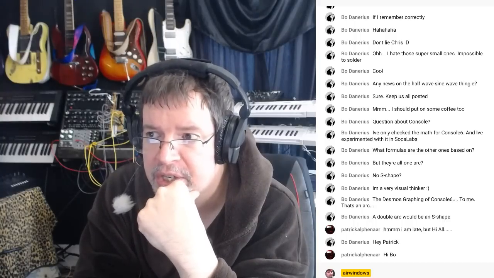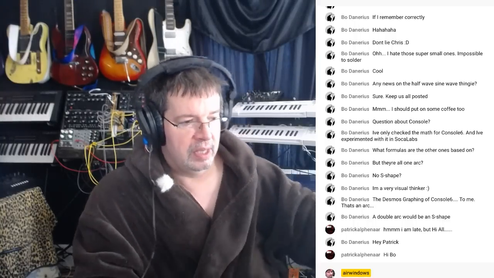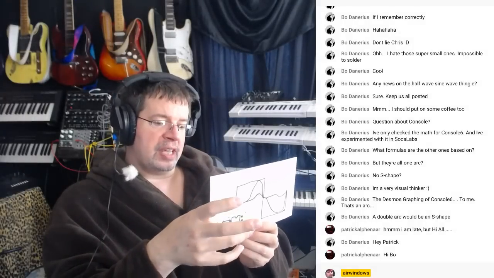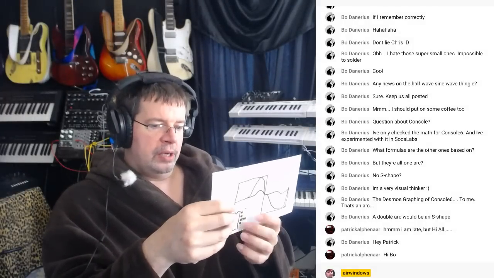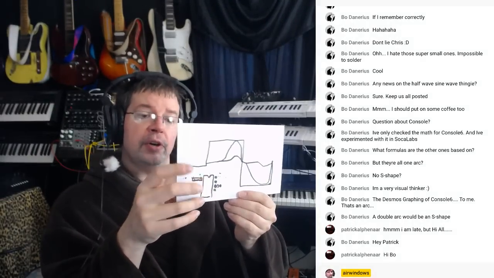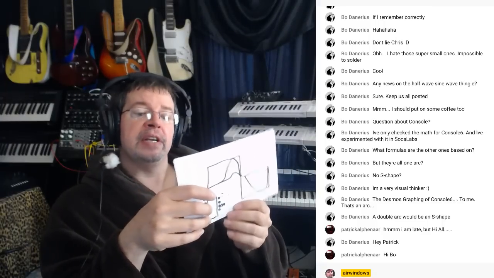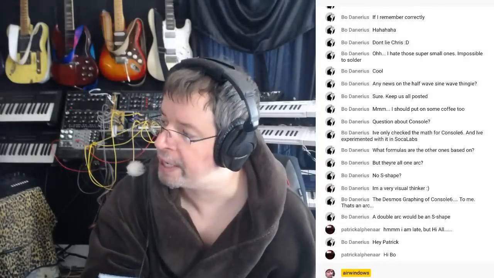But the question becomes, how do you find your way around something that just looks like a nest of weird cables and such? I can make it so that the voltage plus and the grounds and such don't necessarily have these patch points. They can be hidden underneath the thing. And all of that, or various other maintenance stuff, like there's connections that you need to make the octave divider